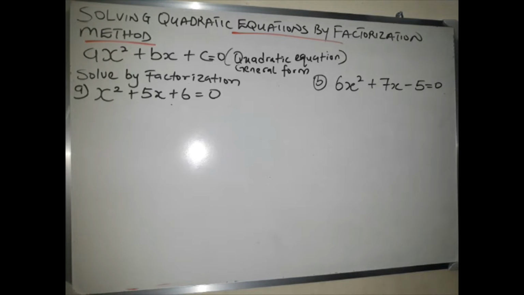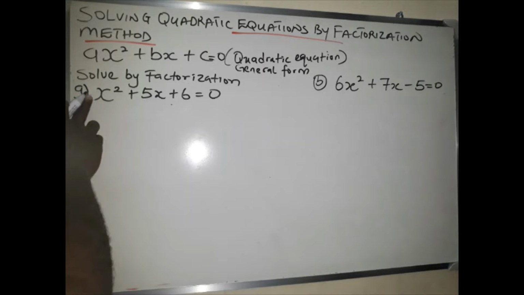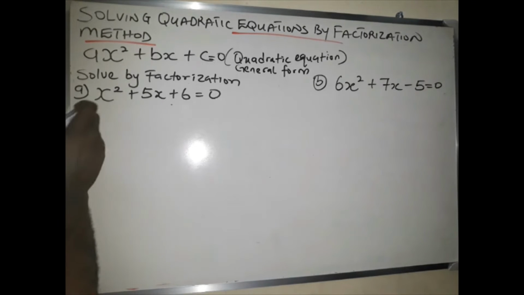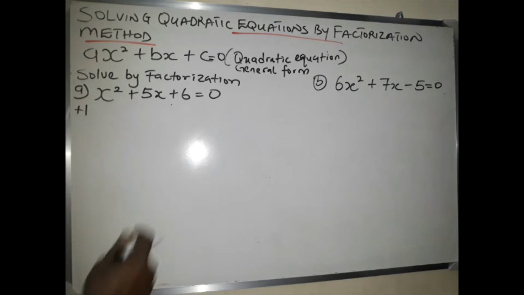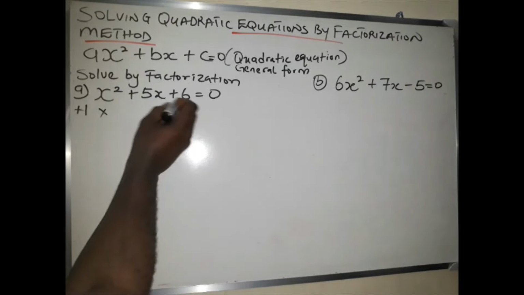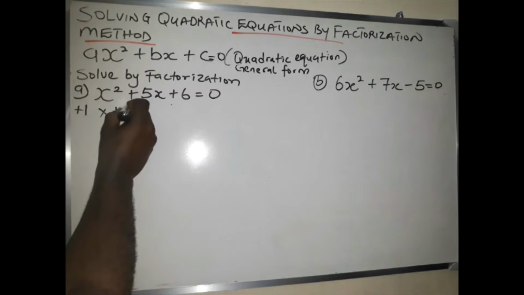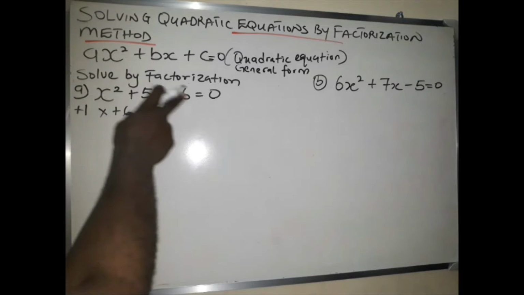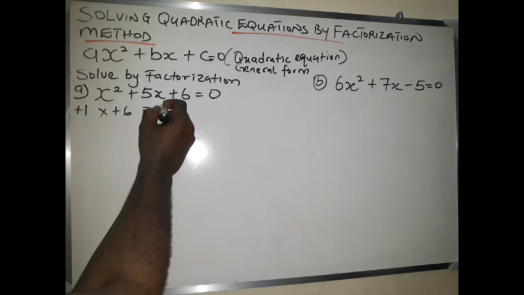In this equation, the coefficient of x squared is actually 1, and the constant is plus 6. So you multiply the coefficient of x squared with the constant, and that will give you